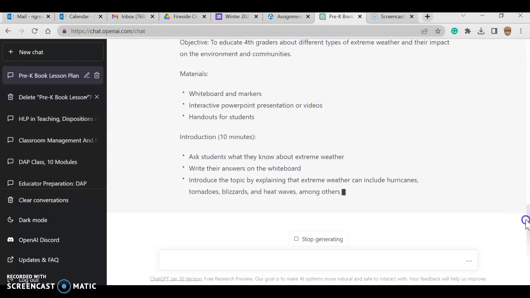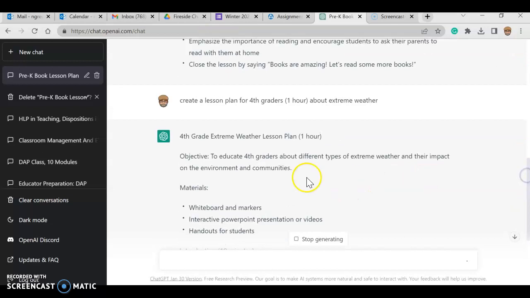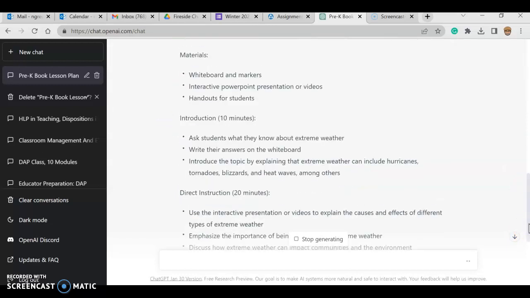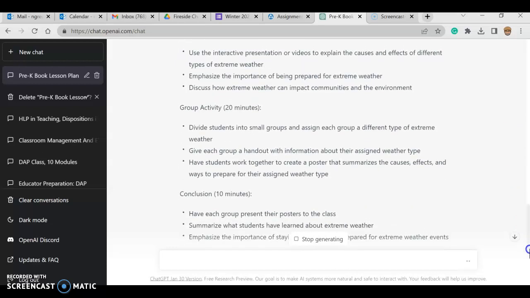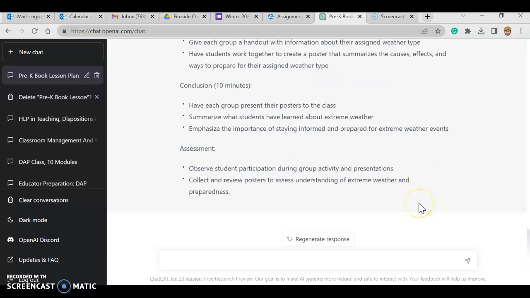But if you look at the objective, to educate fourth graders about different types of extreme weather. So educate is not a word that I would use in an objective. So it's not perfect, is what I'm trying to say to you. But it is like an outline. It gives you a place to start. And obviously, it's artificial intelligence, so it doesn't know your students like you do. You might see something and say, "Man, that would not work with my group." But it'll give you an idea of how to make an even